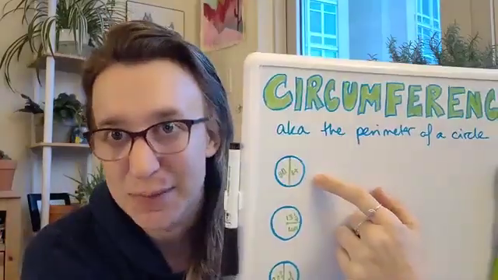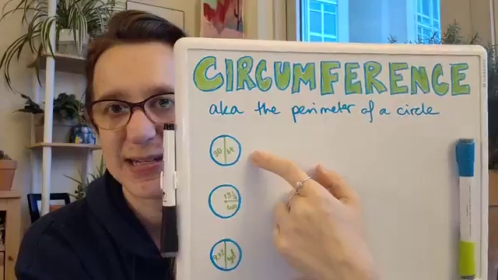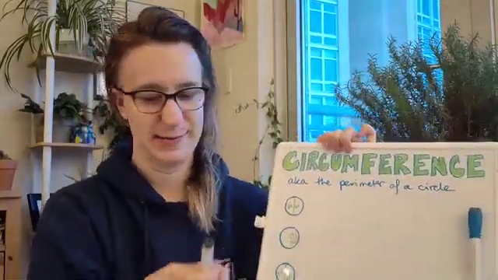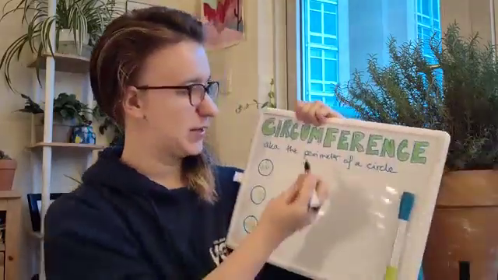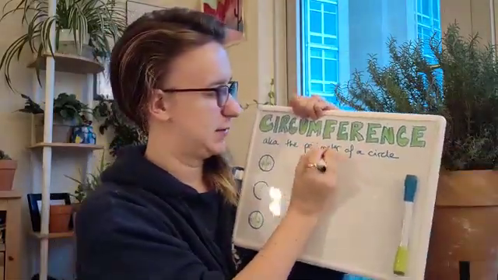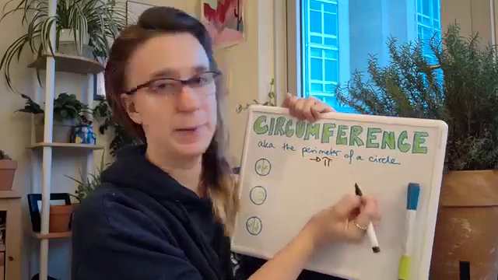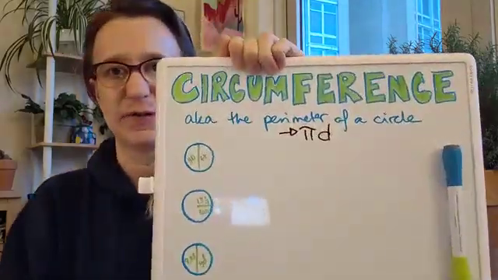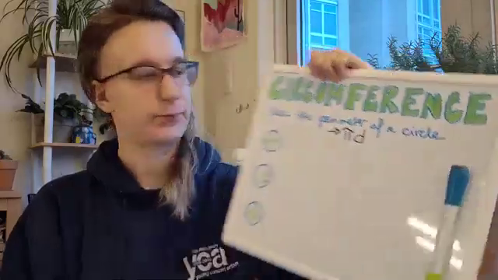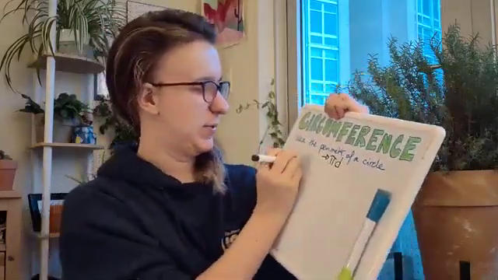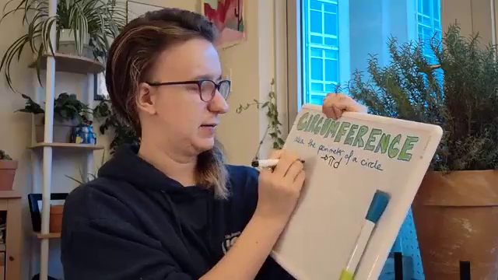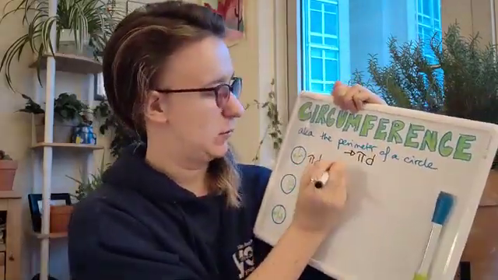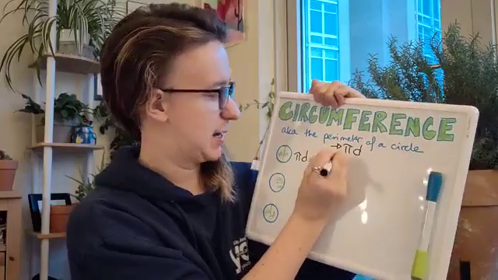So the diameter goes through the middle, remember, and this problem is really straightforward because we know that the circumference is equal to pi times the diameter of the circle, right? And so here we can say that pi times the diameter of this circle would equal pi times